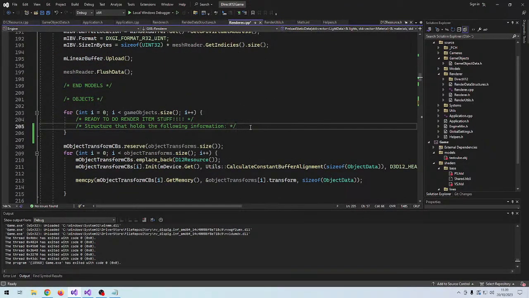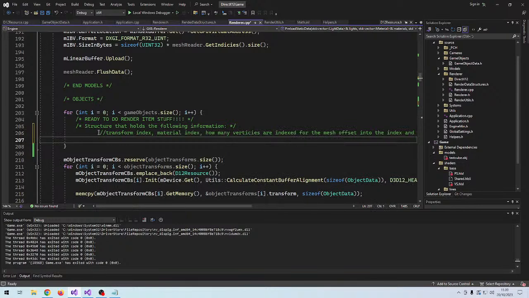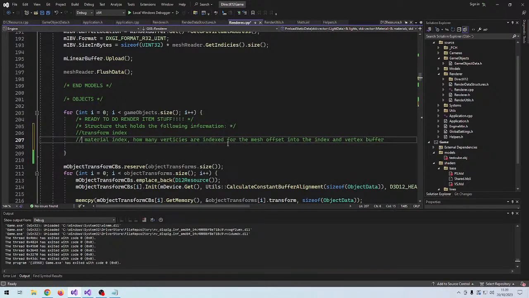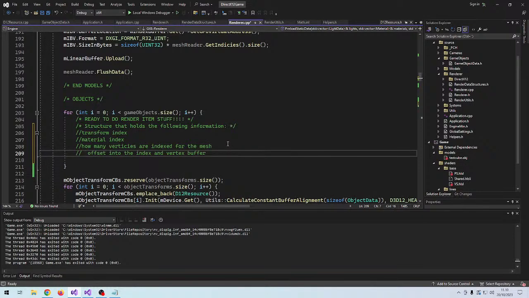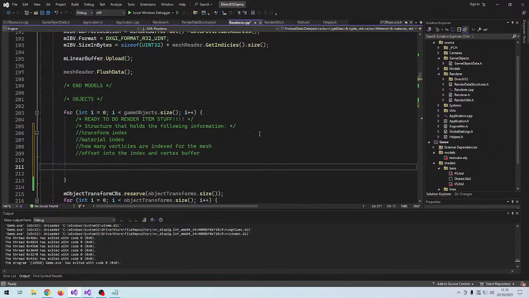So yeah, right here we need to fetch this information. Let's see. Let's just create new lines for that. And like that. So we would like to